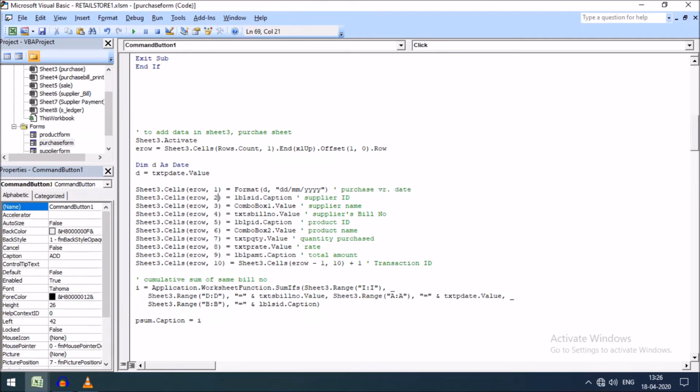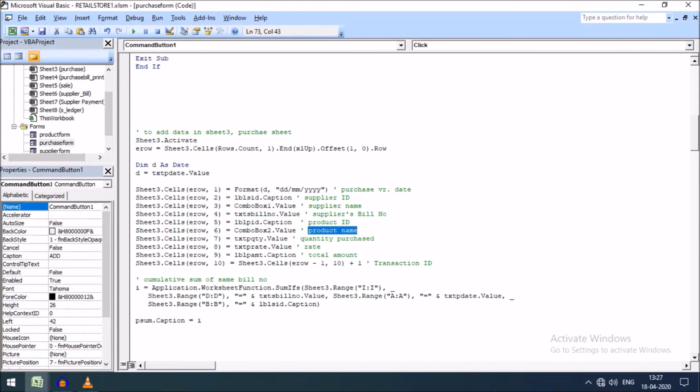Similarly, the second column of this blank row has been assigned to LBL supplier ID. The third column has been assigned to combo box 1 dot value, the fourth column is the bill number, the fifth column product ID, and the sixth column combo box 2 dot value, that means product name.